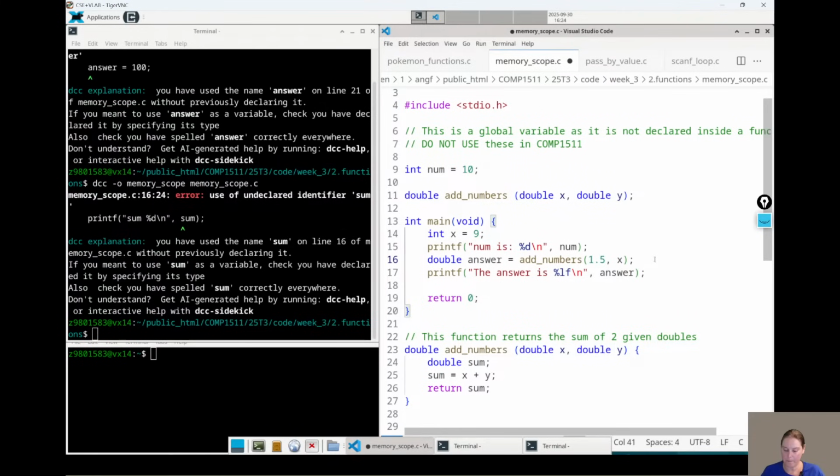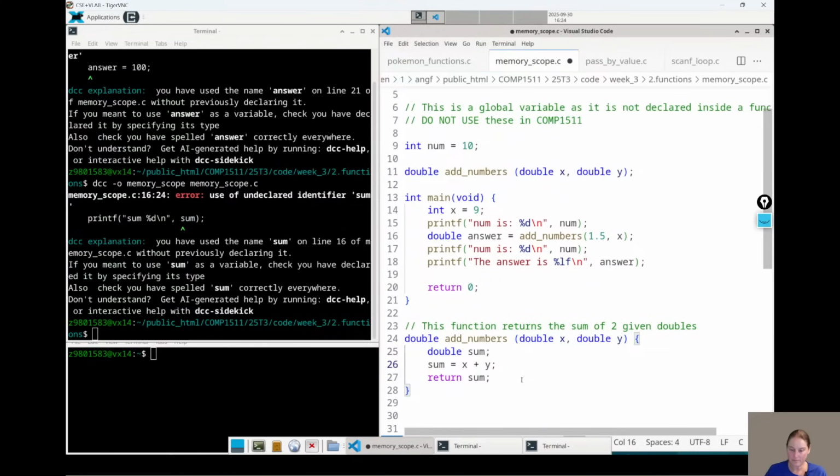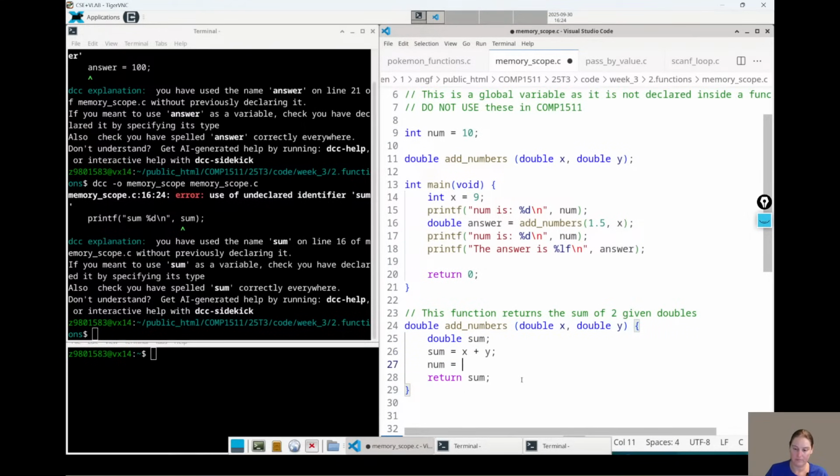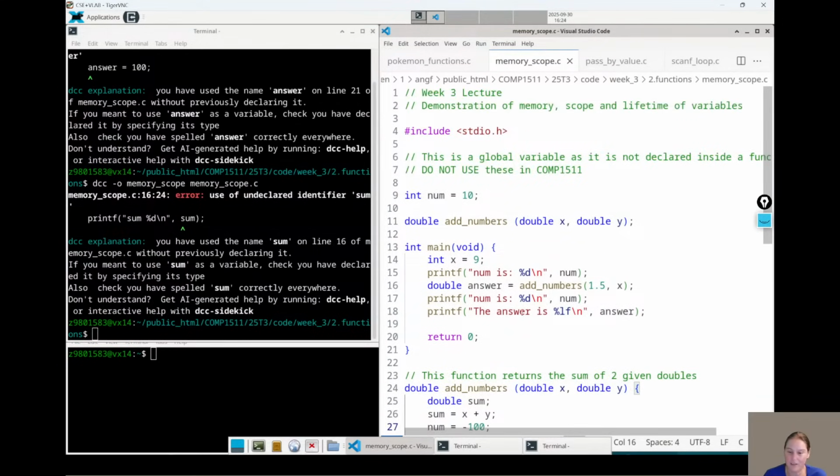And down in add numbers, I'm also able to access num. But that's the problem. You've got something that multiple functions can access. And actually, if this is a really big program, we might have lots and lots of functions that could access this value. So it's just problematic.